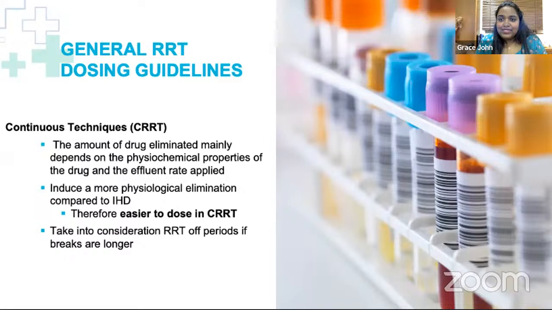dose the patient. But something new that is coming in India in a big way is continuous renal replacement therapy. Many hospitals are adopting it. Even in Kerala, I know that multiple centers have started this continuous renal replacement therapy. And what I need you to understand is that in CRRT, why is it done over 24 hours? So that it is in a way trying to replicate whatever the kidney does, rather than doing it in an intense 3 to 4 hours. It is more physiological. It is like how the kidney does it, and therefore it is easier to dose when it comes to CRRT